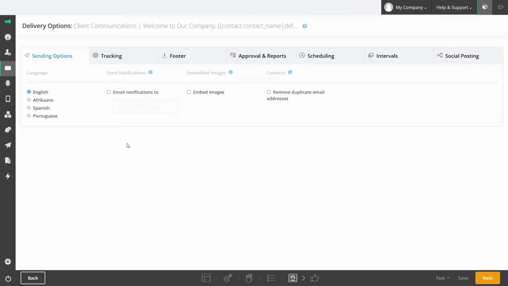The delivery options tell our platform what to do with your email when it sends it, and what to do with the statistics it gathers afterwards. Under Sending options, you can make the following choices: which language to display default text in, and which email address the platform must send notifications to if needed. The Embed Images option has been disabled to improve your email delivery and increase your email's chances of getting to